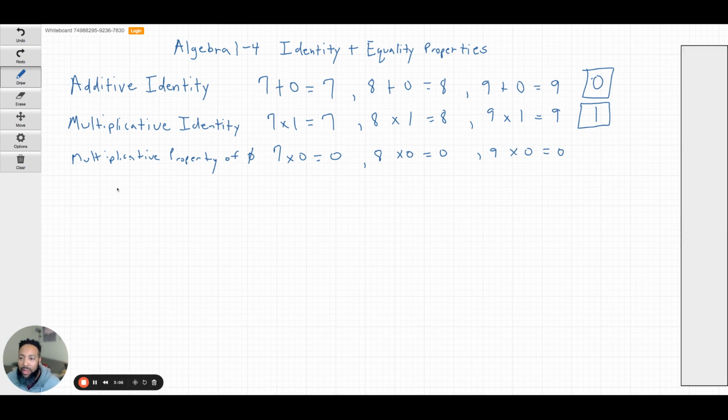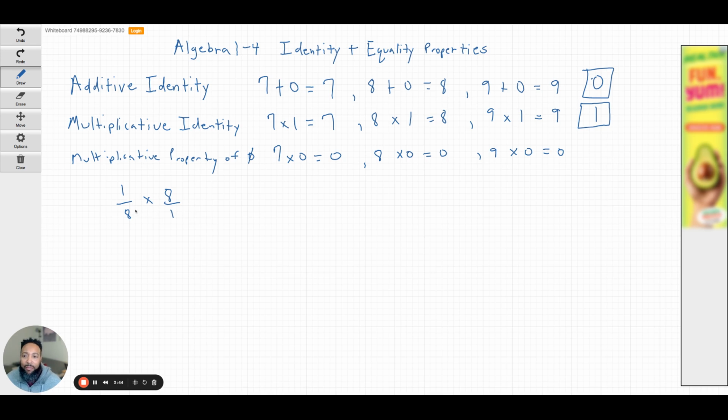Also, let's just say we have a number 1/8 times 8. If you haven't learned this before, 1/8 is a reciprocal of 8. So 8 is basically 8 over 1. Any number over 1 is itself. So 8 over 1 is 8. So if you were to flip that or make the reciprocal of that, that would be 1/8. So the multiplicative property of reciprocals says that when you take the reciprocals of each other, you're going to get